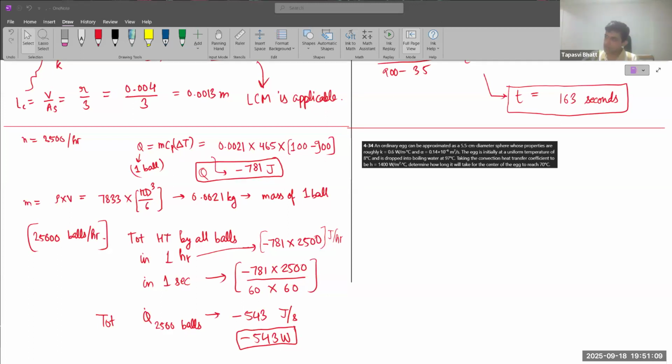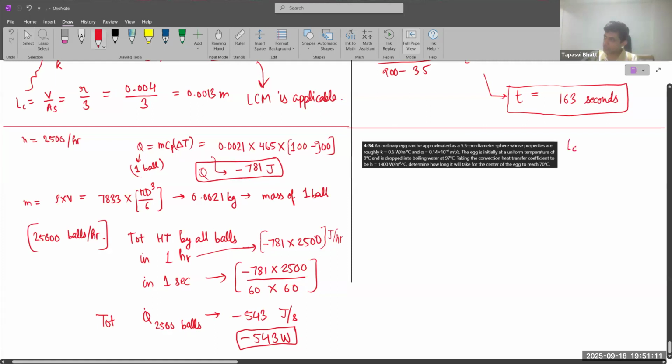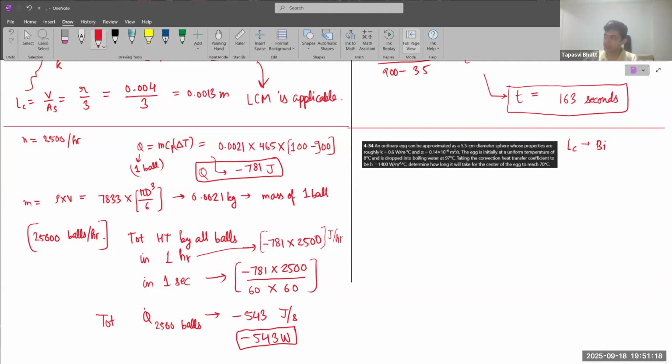How do we begin the lump capacity model problems? Very simple. We first of all calculate Lc, and then we calculate the Biot number, and then we check if the Biot number is less than 0.1. Or we can even directly go to the final equation of the lump capacity model. But let's first check the Biot number. Okay, so Lc is V over As,